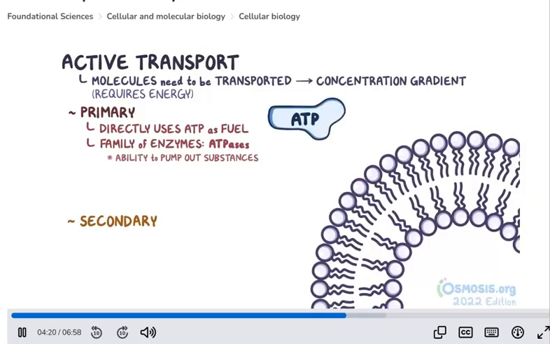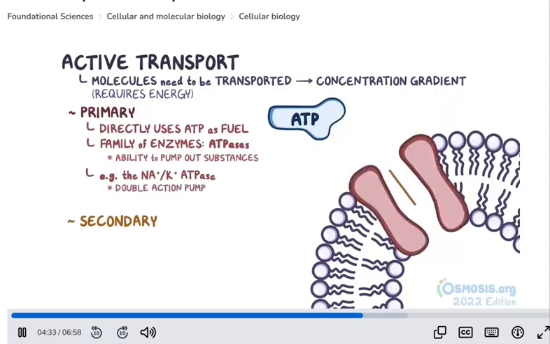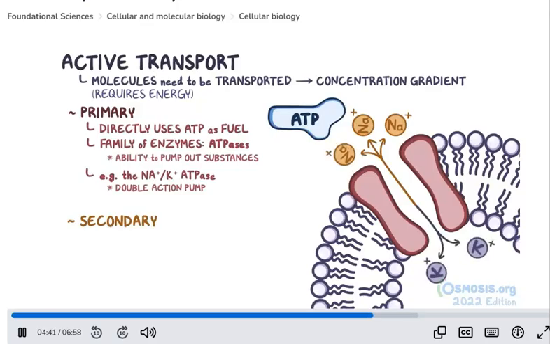Sort of like a candy dispenser. You insert a coin and candy pops out, or in our case, an ion pops out. The most important example is the sodium-potassium ATPase, which is a double-action pump, meaning that for each ATP molecule, it pumps 3 ions of sodium out of the cell, while at the same time pumping 2 ions of potassium into the cell. This is an example of an antiport, because the two species of ions are pumped in opposite directions